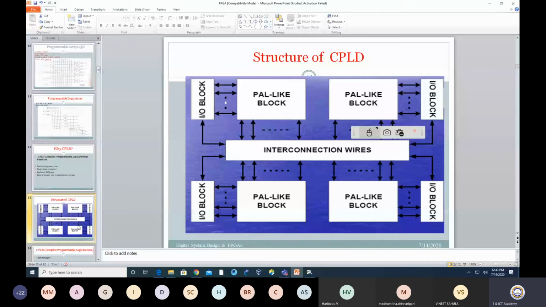Now there may be a question: sir, if only one programmability is needed, then why not PROM? PROM also has only one programmability, okay, but PROM ultimately would help you implement the POS form. Now generally if you look at the Boolean expression, we would like to define it in SOP form, because what does SOP suggest? SOP suggests that the outcome is 1.